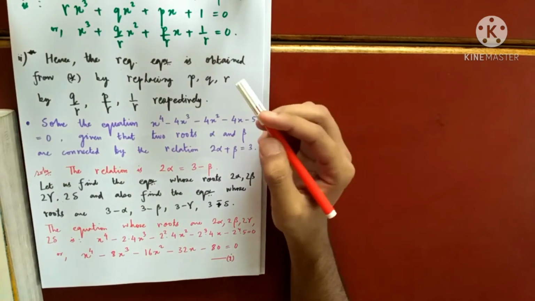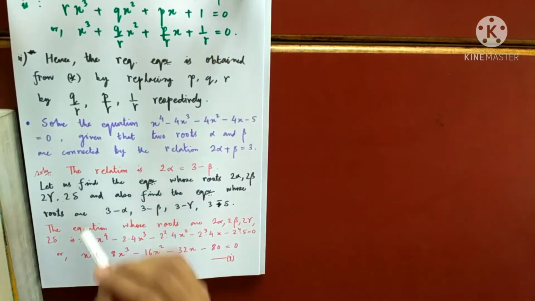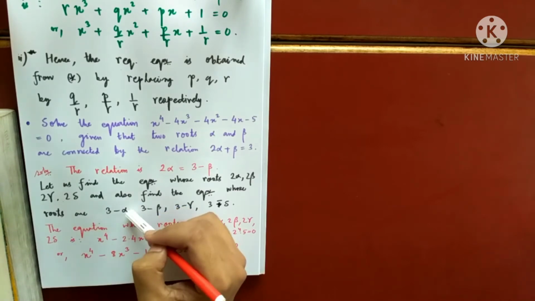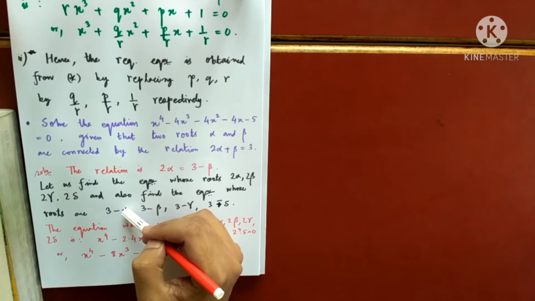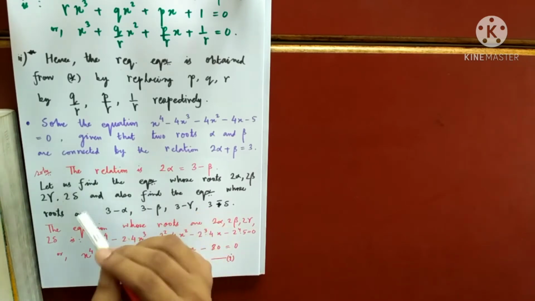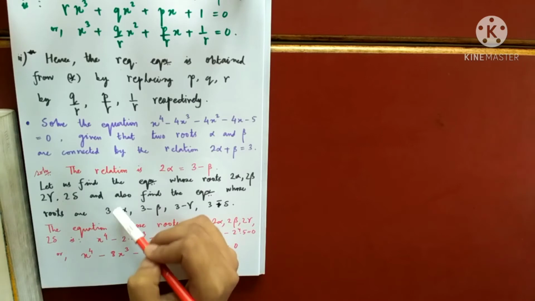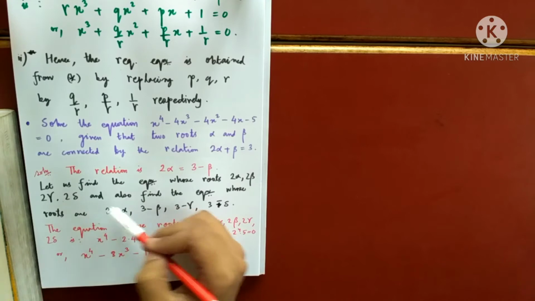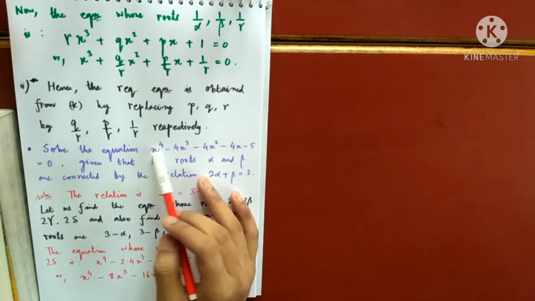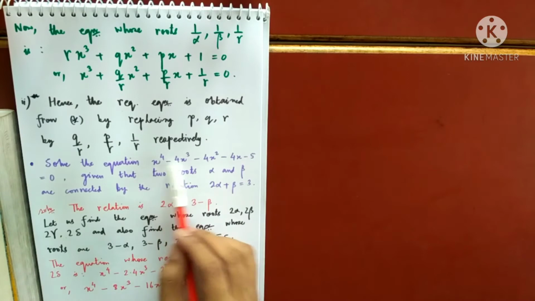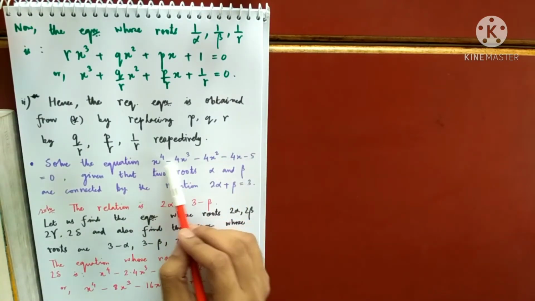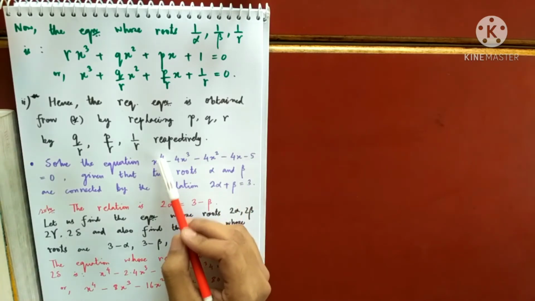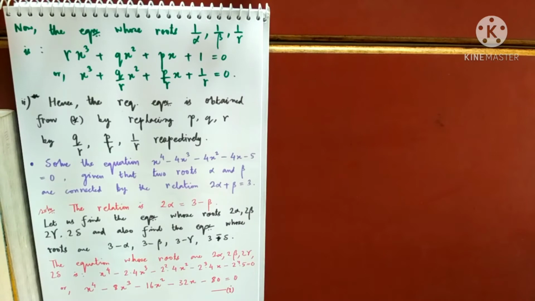So you also know how to find an equation whose roots are of this form. You will call this y or x, whatever you like. I am taking x only. So x equals 3 minus alpha, so alpha will be equal to 3 minus x. Again I am repeating, we just take this as x, and you find out the value of alpha here. So alpha will be 3 minus x, because alpha is the root of this equation. So everywhere you will put alpha, and alpha is nothing but 3 minus x. So I will directly write it down: wherever there is x, I will write 3 minus x. So let's do it.